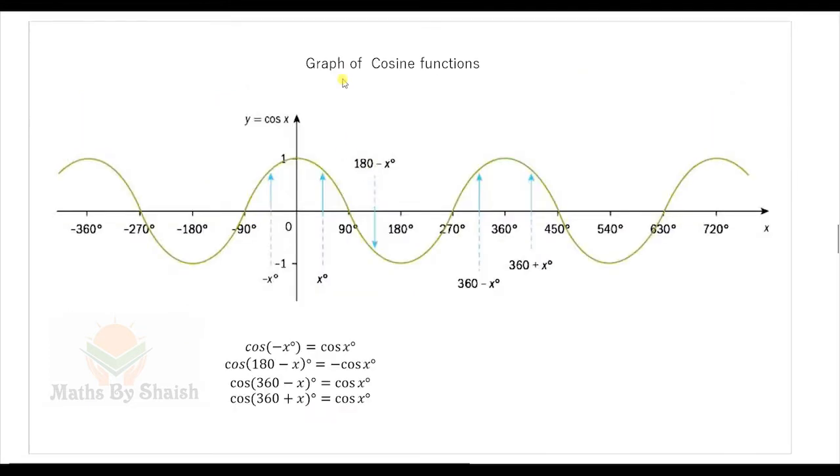Here's the graph of the cosine function. It is again periodic, and here also we can see the period of cos x is 360 degrees. Again, for any fixed value on the y axis we will get so many angles for which the cos is going to be same. For example, for this value, this value, this value and this value, we will have the same cos value.